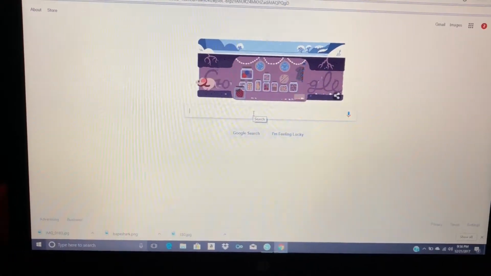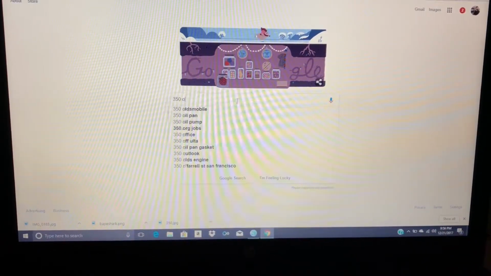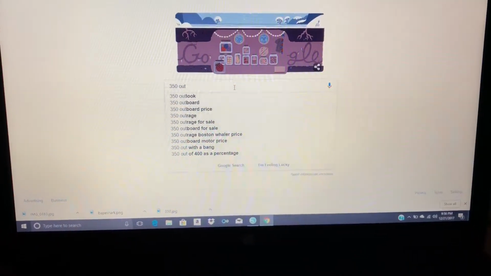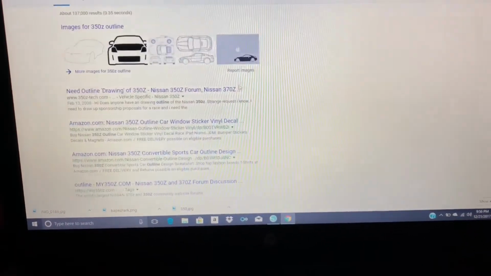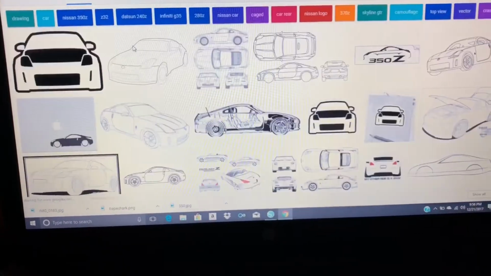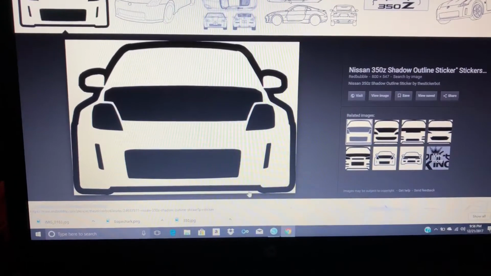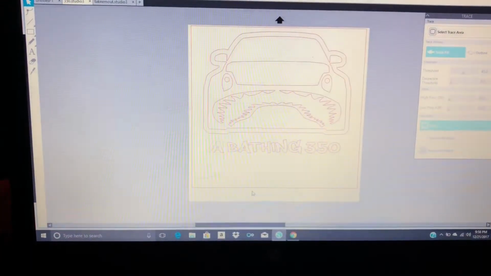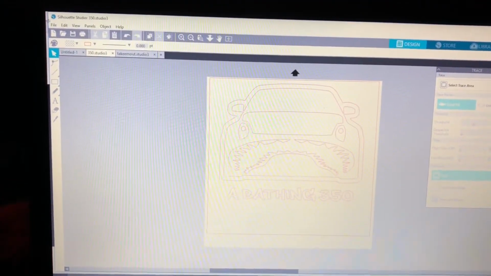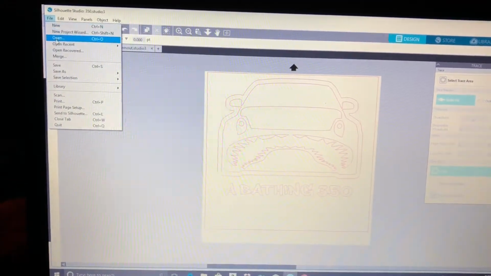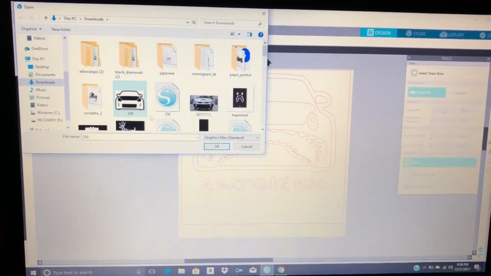Came to Google here and I typed in 350Z outline and I saved the image to my computer. This one right here is what I started out with. So save that to my computer, and then what I'm using to design it is Silhouette Studio. So how you start out, once you save it, go to File and Open. So then I came over here, opened it,